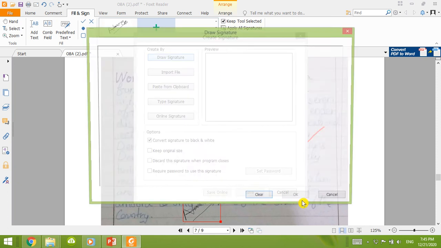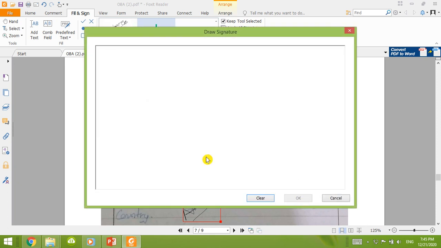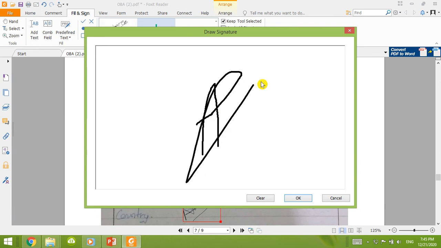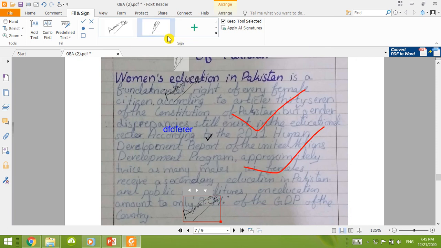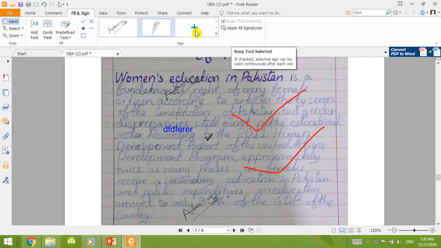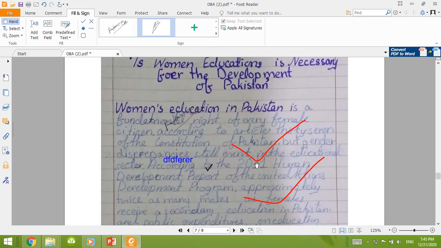If you don't like this signature, you can also draw another signature here. Any signature which you want to use, you can save. If there are two signatures, you can use either. So keep text selected, and then apply. The feature has been applied.